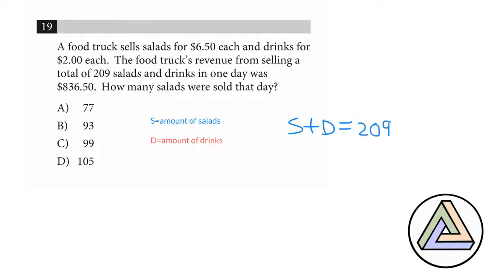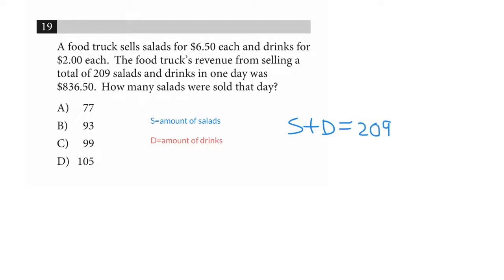But the other equation that we get set up has to do with how much money was made, right? So we have 836.5. I'll just put that here because I know I'm going to anyway. It's 6.50 times however many salads we sold, so I'll call that 6.5 S plus $2 times the amount of drinks that we sold. And that equals